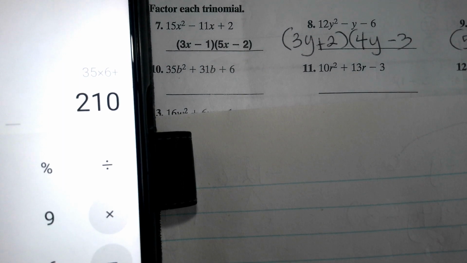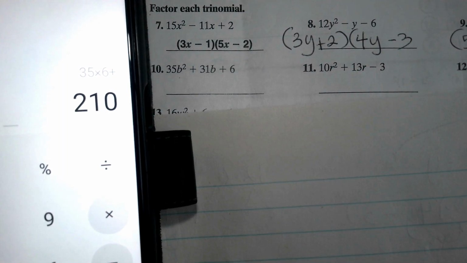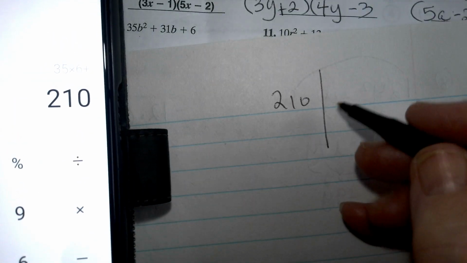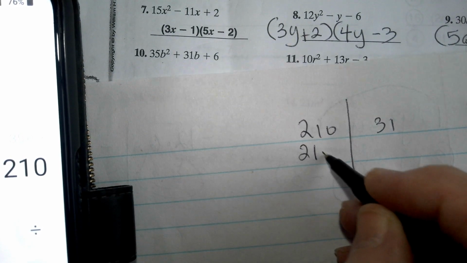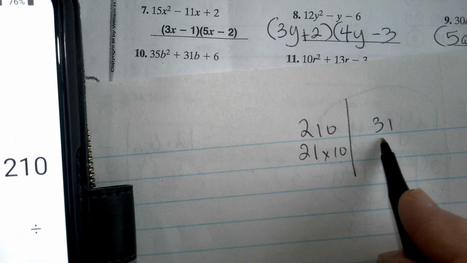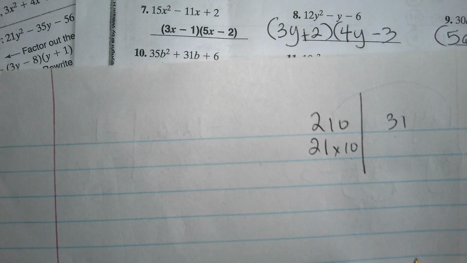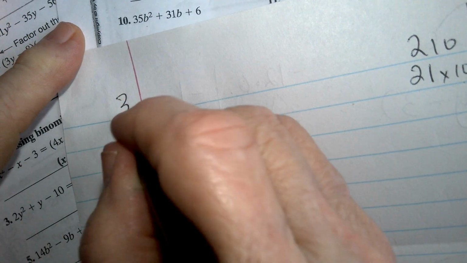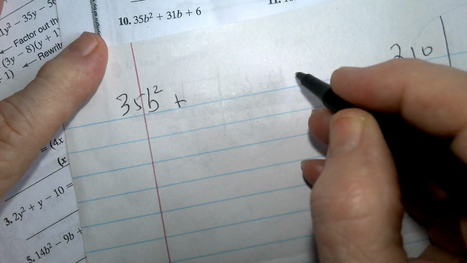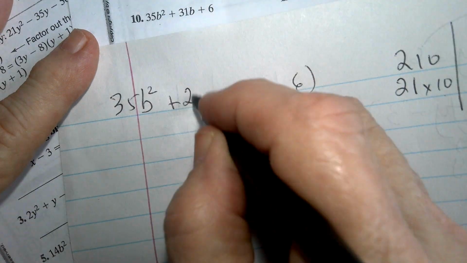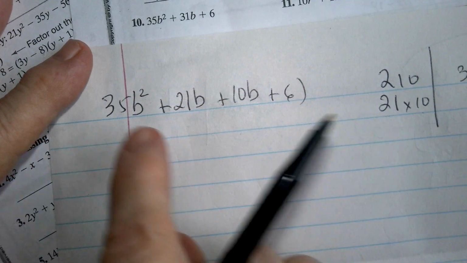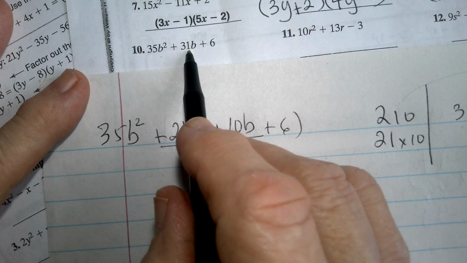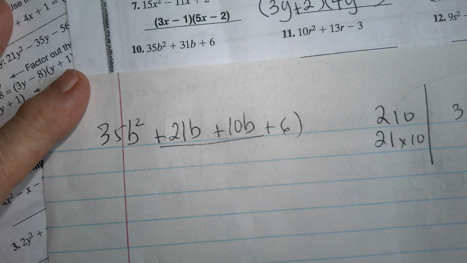But even if you knew that, okay, here again, I'll do it real fast with the book method. Even if I did it the book method, it comes to 210, and I need 2 factors that sum to 31, and I know right away that is that. Does that come to 31? Yes. The problem with this way is that you've got to go back and you've got to write 35b squared plus 21b plus 10b plus 6. So you're trading this for the 31b. Then you have to factor it